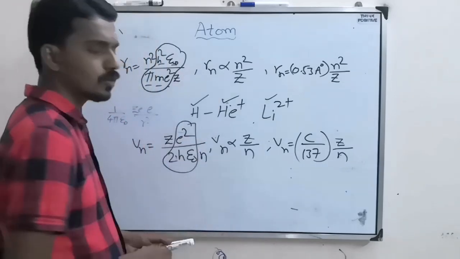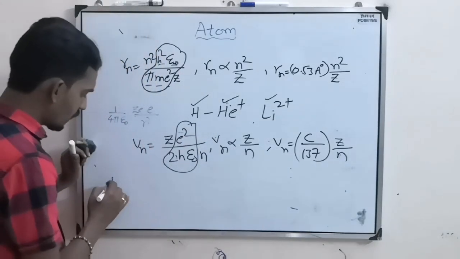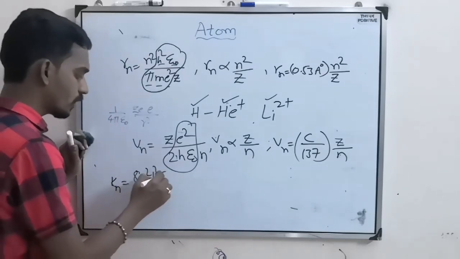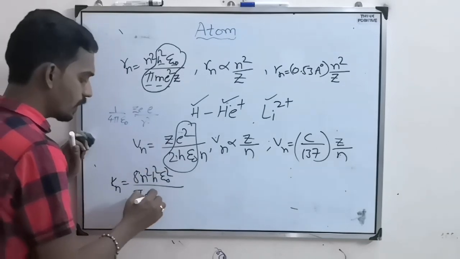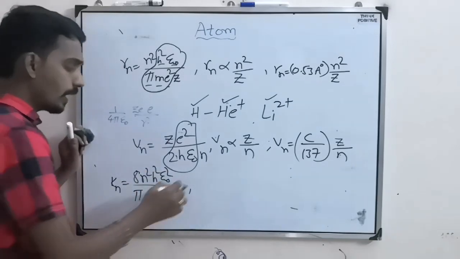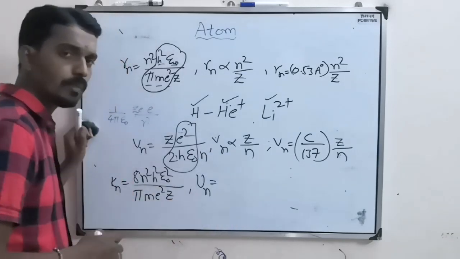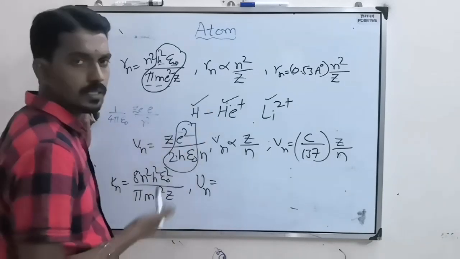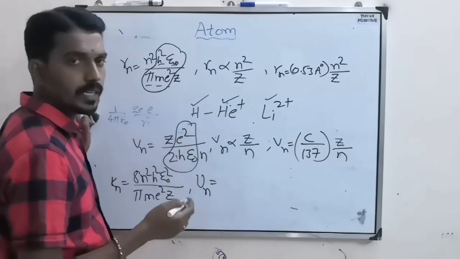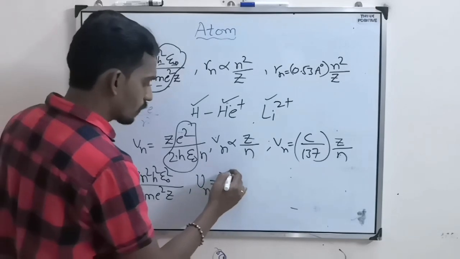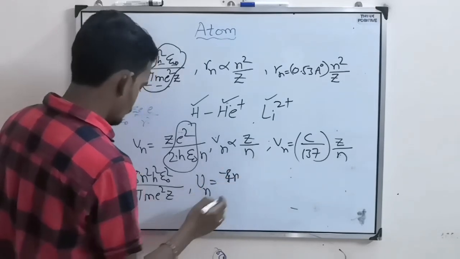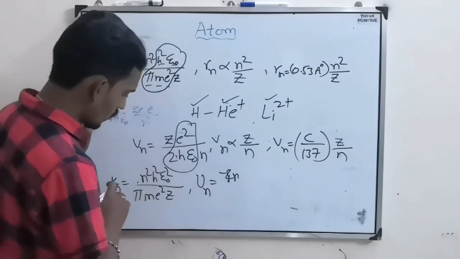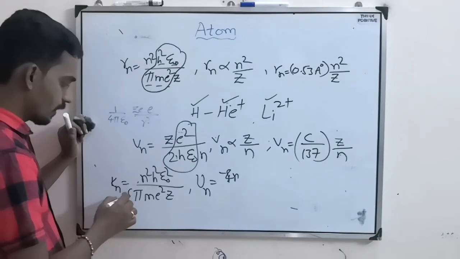Now this is the radius, this is the speed. Then you can find the kinetic energy Kn, that is e square z by 8 n square h square epsilon naught square by pi m e square z. And you can find the potential energy, that is 1 by 4 pi epsilon naught q1 q2 by r, where the r equation is there, and q1 is ze, q2 is e. Then we will get minus 4 n square h square epsilon naught square by